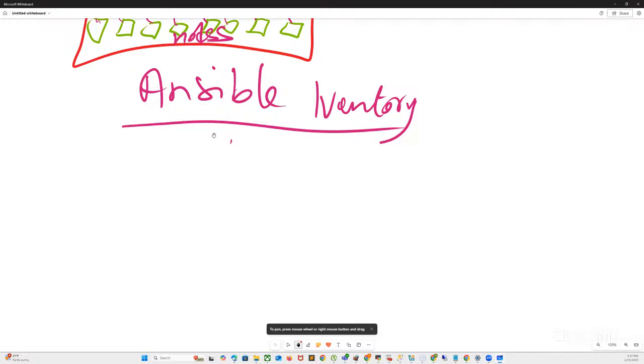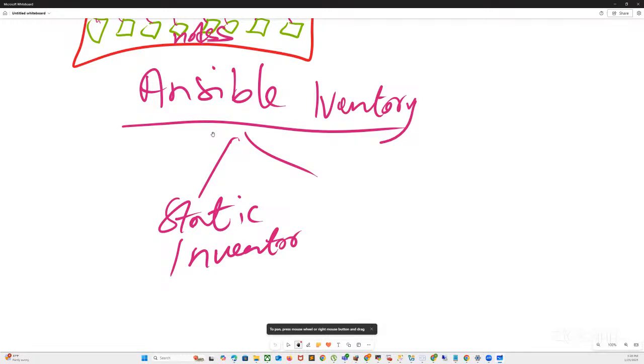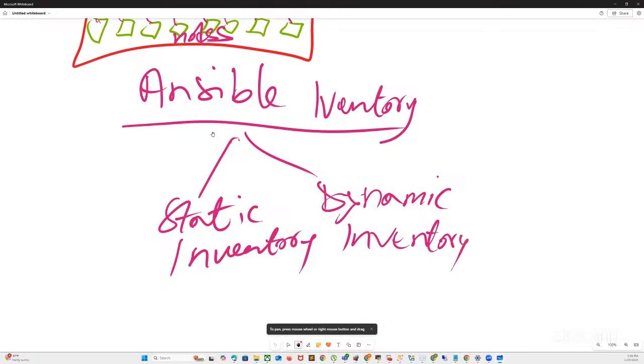Now, with Ansible inventory, you realize that there are two kinds of Ansible inventory. There's what we call a static inventory, and a dynamic inventory. What's the difference between a static inventory